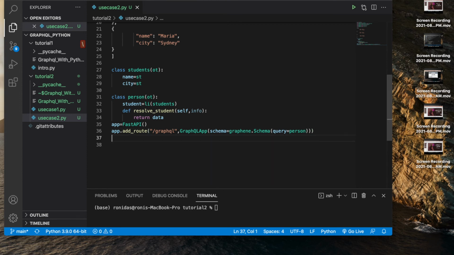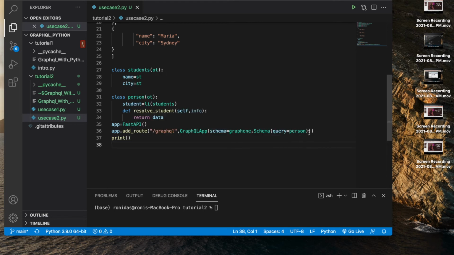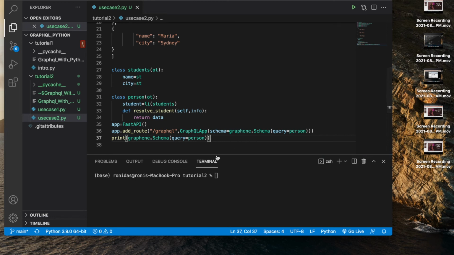Okay, that's it. Just for understanding, or maybe easier for all of you to understand, let me copy paste the whole thing, graphene.Schema here. So let's start now.